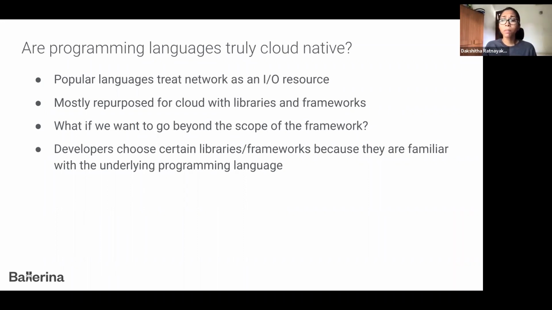Or are they repurposed for the cloud with libraries and frameworks? What if developers want to go beyond the scope of the framework? Do developers stick to these libraries and frameworks nevertheless because they're familiar with the underlying programming language?